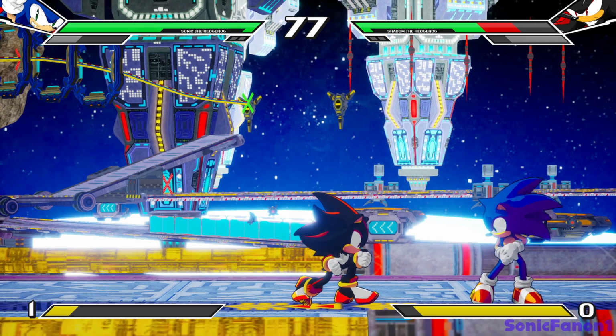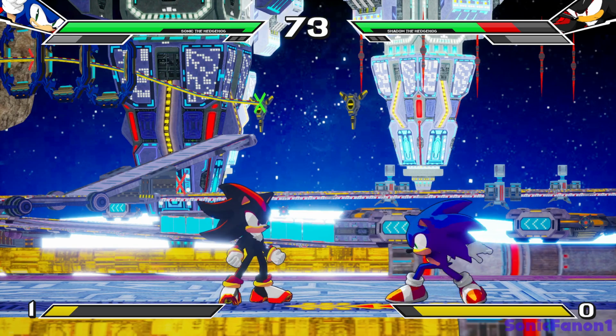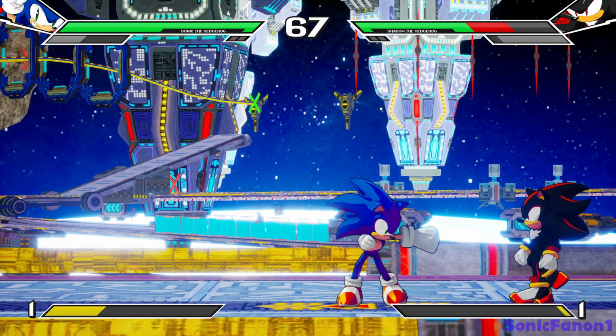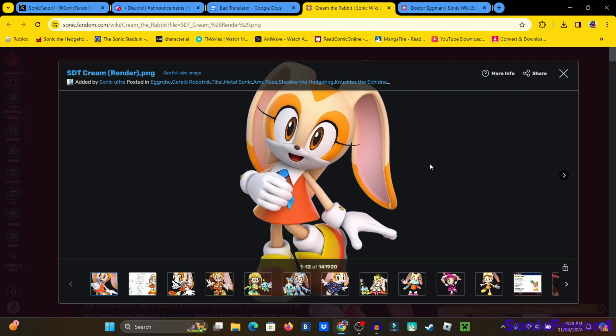Everything is calm. I mean, I guess Blaze is a pretty calm character. She is cool and collected, so I guess that makes sense. I mean, it doesn't make sense from the word Blaze, but it makes sense for her character. Let's move on to the next character, which is Cream the Rabbit, the 6-year-old rabbit girl with her Chao friend